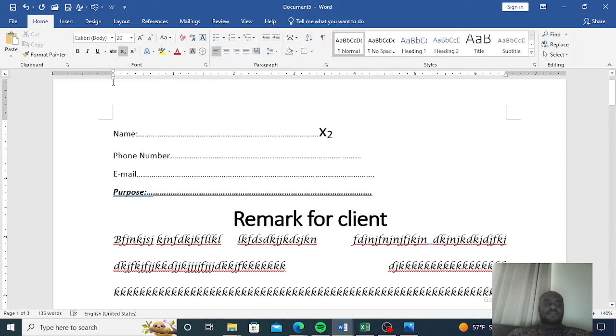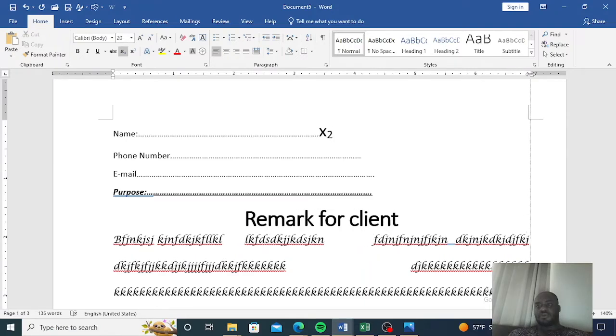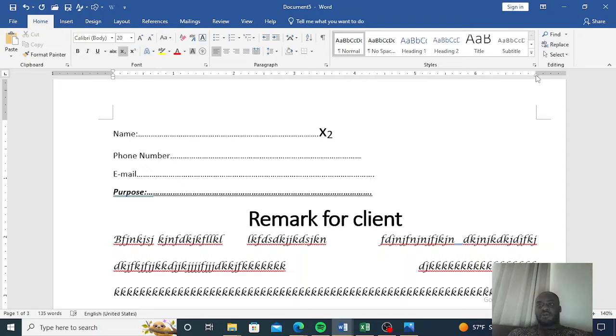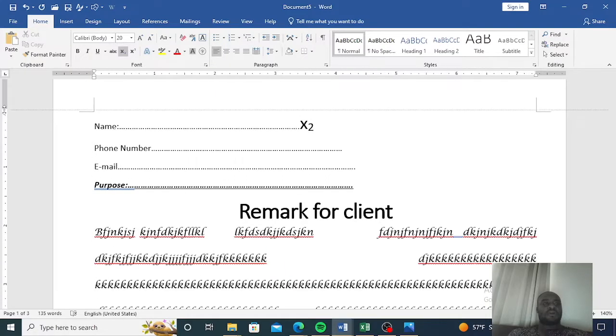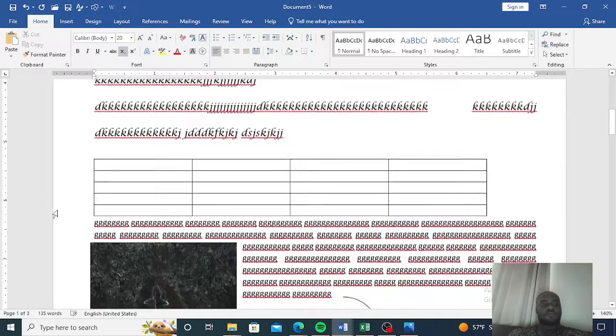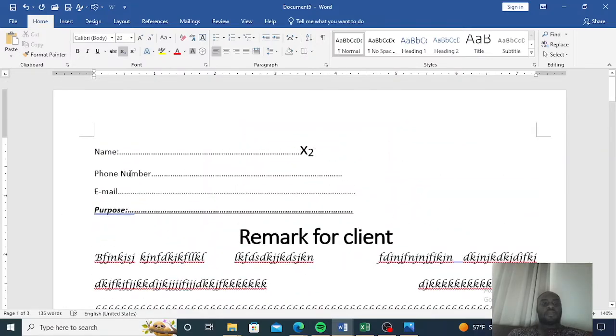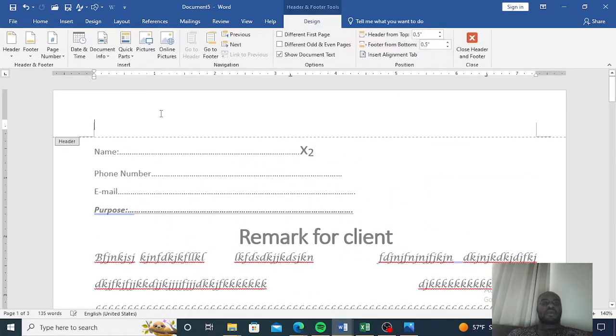Next, the ruler. One of the importance of the ruler in your text is that it can enable you to change the margin of your workspace directly. Yes, it can enable you to either increase or decrease. Yeah, in some documents you have to type